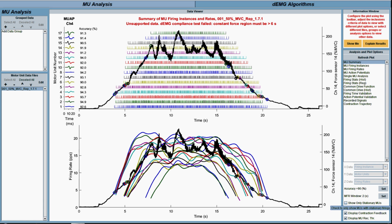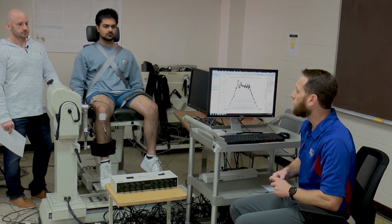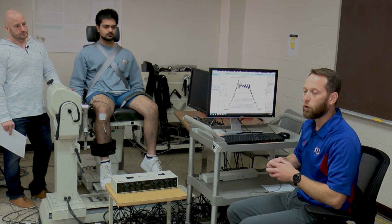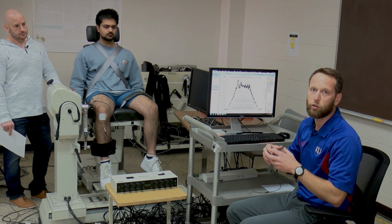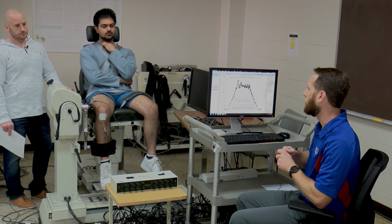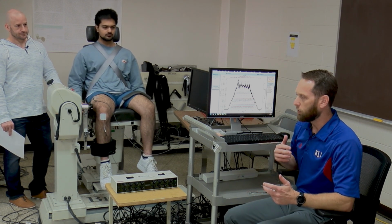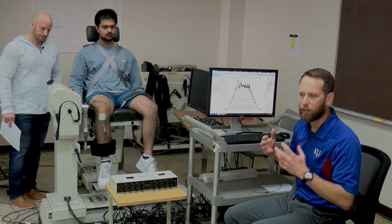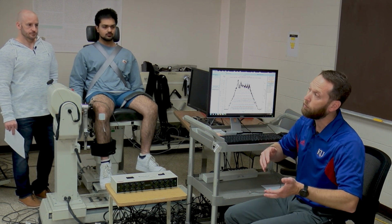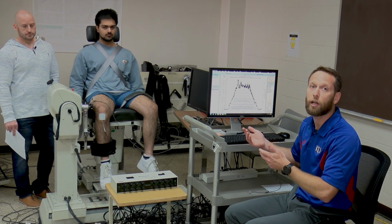So for this contraction, after resistance training or after cycling intervention, his neural activation might go higher or might go lower depending on how we're changing the environment in the muscle. Typically, if it's a muscle that's a little less healthy, we don't see the level of neural activation that we do in a healthy muscle, someone who is an exerciser or performs a lot of physical activity. And a lot of the information on this screen is strongly associated with the fiber sizes and the types of fibers that you have in the muscle, type 1 fibers versus type 2 fibers. So with training, you typically change that ratio,